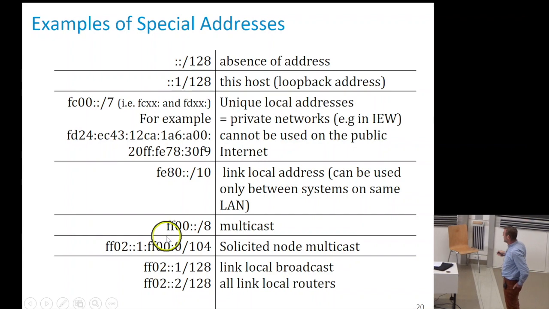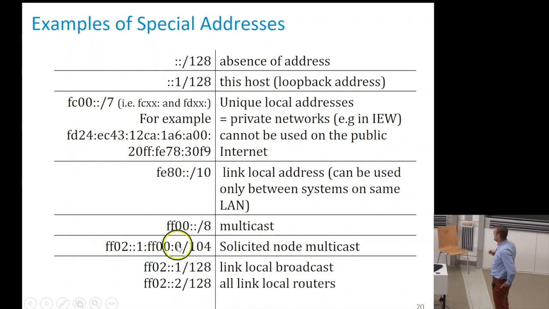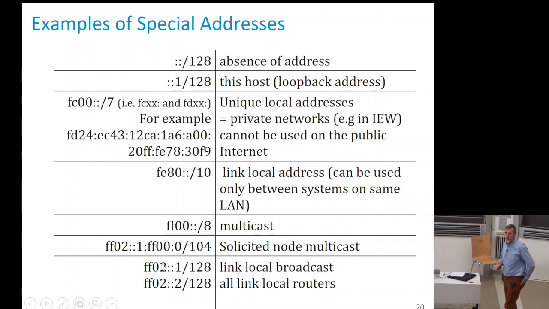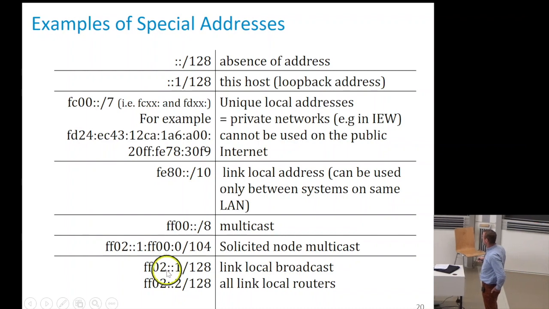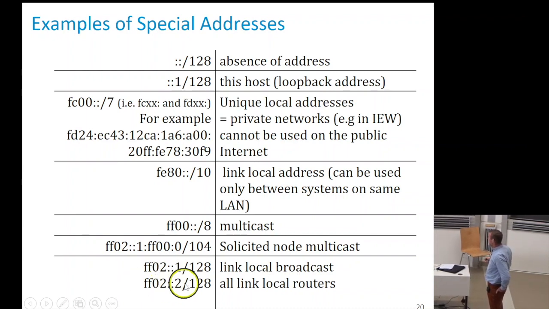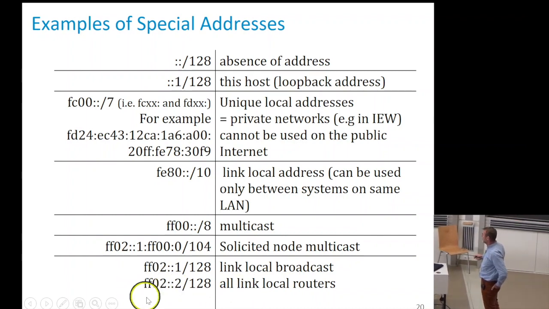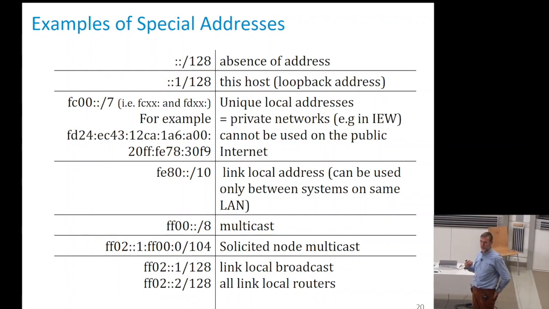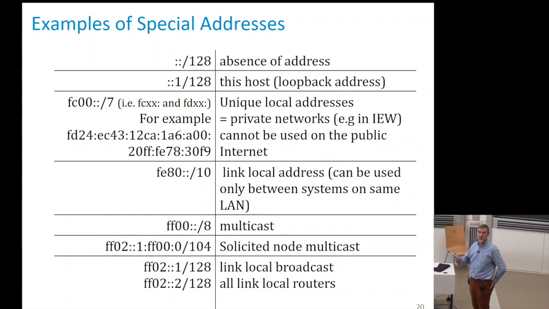Multicast addresses are the ones that start with FF, so they're very easy to recognize. And there is one special that we will see in a minute. For example, link local broadcasts, which in IPv4 was all bits equal to 1. Here it is this one, FF02, then lots of zeros and 1 at the end. And then with IPv6, you can do funny things like all link local routers. So that means if I send a packet to this address, every system that thinks it is a router will receive the packet. So that's a way to speak to routers, for example, when a machine is booting and is trying to discover who are the routers around